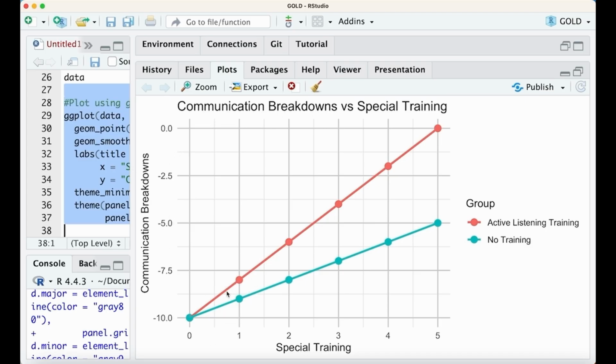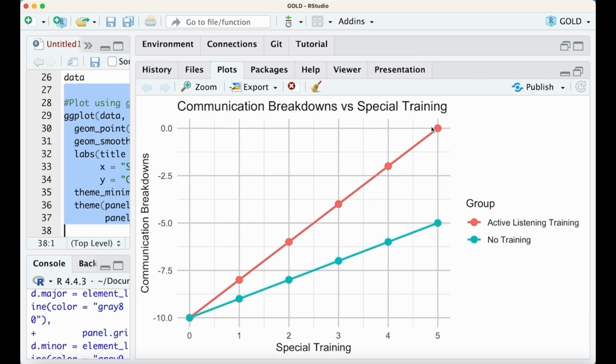You can see in this graph that at point 0, when the training started, the couples slowly do better and their communication mistakes, the breakdowns, are reducing. Let's say at the start, for the active listening group it is around 9 or 8, and once it shows improvement, let's say 2, the mistakes got reduced. It would be around minus 6.5, just assume.